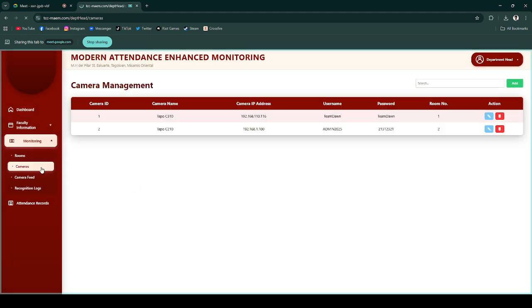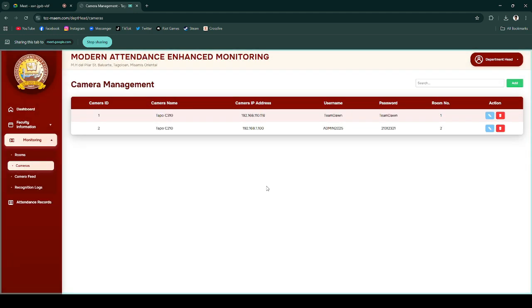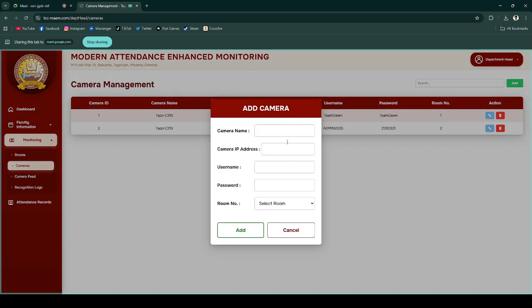Okay, it's successful. So next, let's proceed to the camera management. This is where we will assign a camera to a certain room. For example,